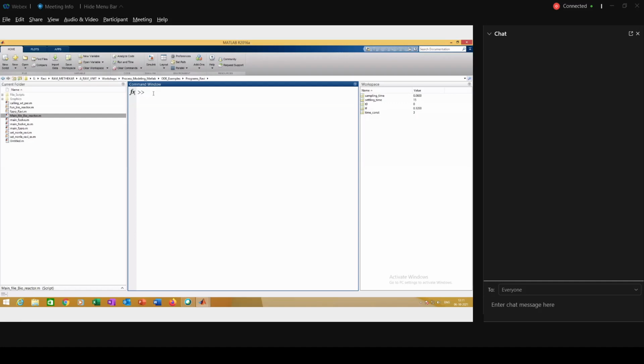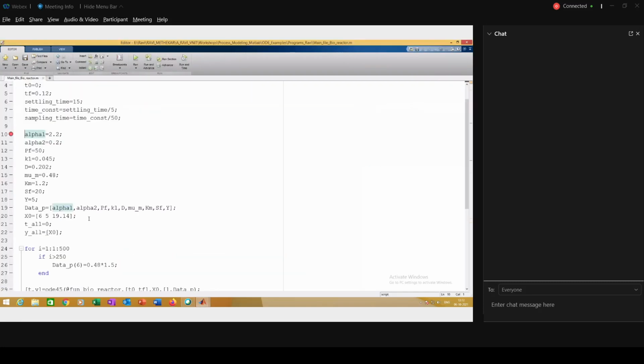If 0.06 is one index, I have to go for 30 seconds. How many indices? X is equal to 30 divided by 0.06, so 500 indices I need to go for the first one.